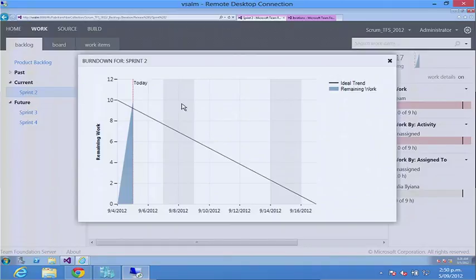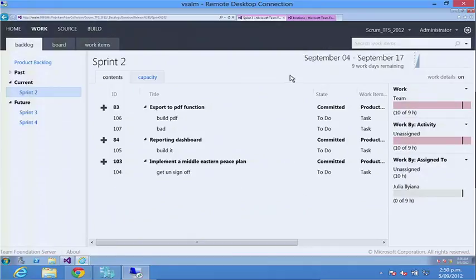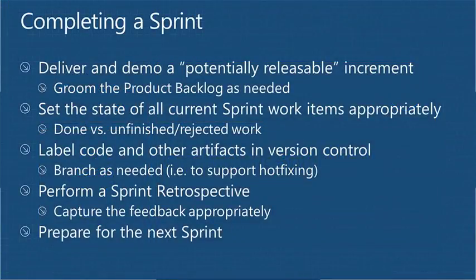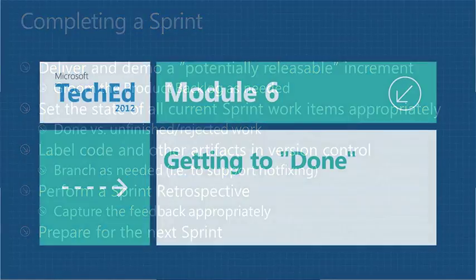So this instant view is great, right? We can see where it's at. Here are our sprint days, how many days we've got left. So we need to actually finish our sprint. Hopefully it's potentially releasable, all those good things. All our states are in place, our branch is done if we're branched for the sprint. We've done our retrospective and we're ready for the next one. So whatever it takes to actually deliver this stuff. Let's have a look